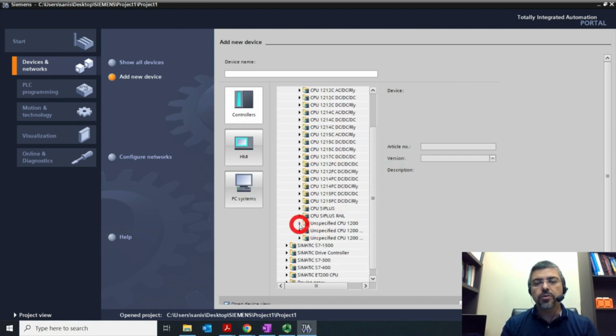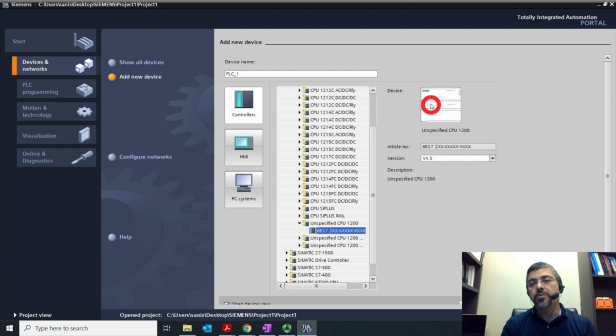So I'm going to do one other thing. Here you see there is unspecified CPU, just in case you don't know the model. Let's do that and see if it works or not. Mine starts with 6ES72, which we actually checked. So let's see, if you don't know the exact number and you know just the beginning of that number, I select this, so it puts the shape, but it's not accurate because it doesn't know which model you have. It's going to search and connect to your PLC. Then whenever it finds the right PLC, you see exactly the shape of the